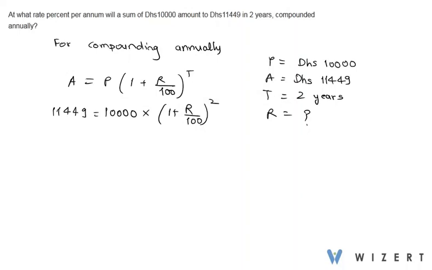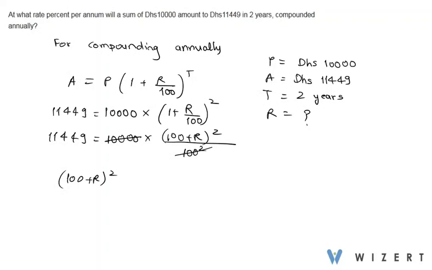So what do we have? 11,449 equals 10,000 multiplied by 100 plus r whole square divided by 100 square. So 100 square and 10,000 get cancelled out because 100 square is 10,000. So we get 100 plus r whole square equal to 11,449. So in order to take the square root here,